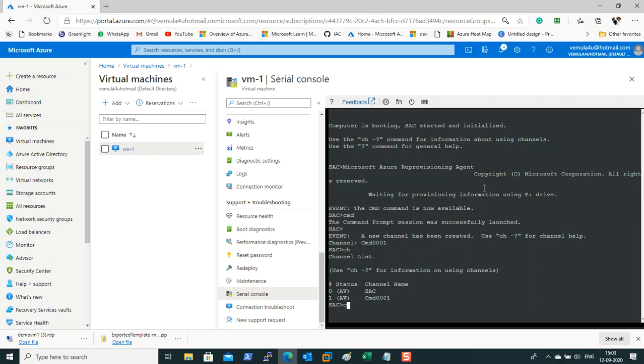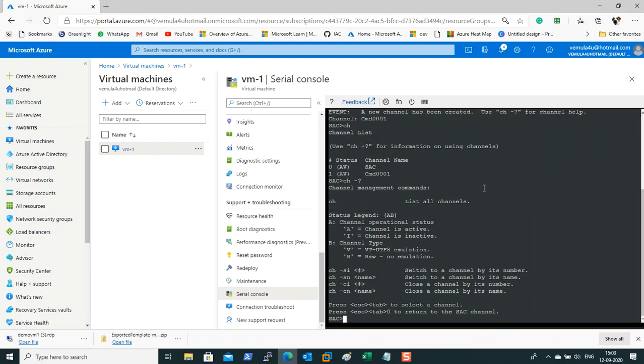Let me quickly show you the help which will help us connect to the command prompt channel. In order to switch a channel, you use ch -si and then the number of the channel, or you can use ch -sn with the name of the channel. I am a little lazy, I prefer going with the number.